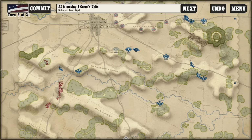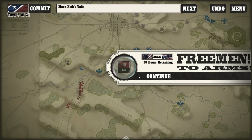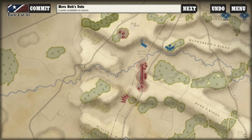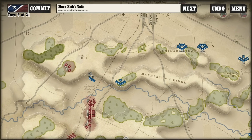I'd love to try and bring Archer, Pettigrew, Davis, everybody in on Devin to try and crush him, especially since Devin has, I think, given up the high ground, moving off McPherson's Ridge in pursuit. But we'll see. The other problem is, I could move into position, and if we don't have a combat phase, it may not matter. I won't necessarily be able to fight there. All right, so Confederate units, we have 4 units to move. Devin's off the ridge. Pettigrew might actually be worth...